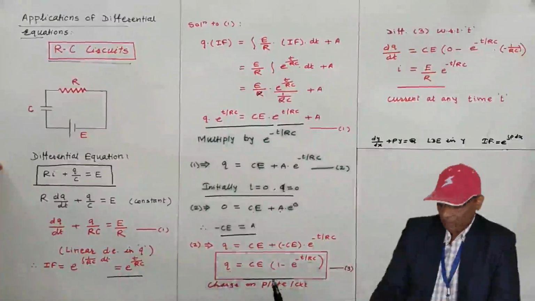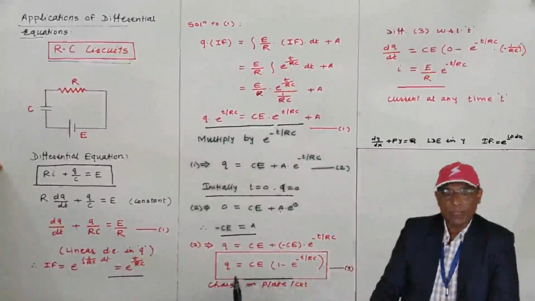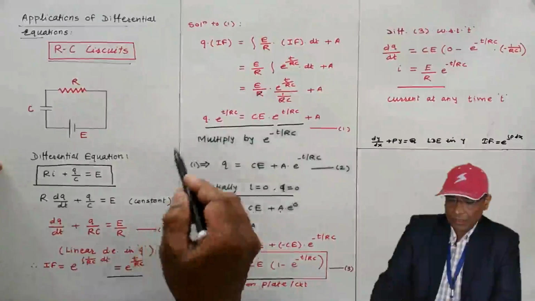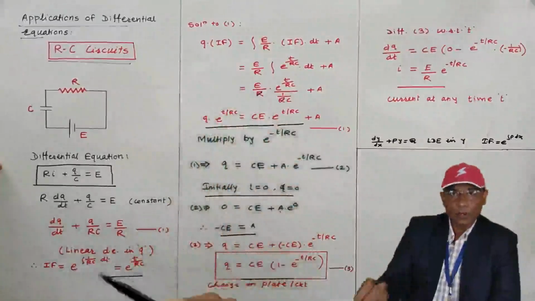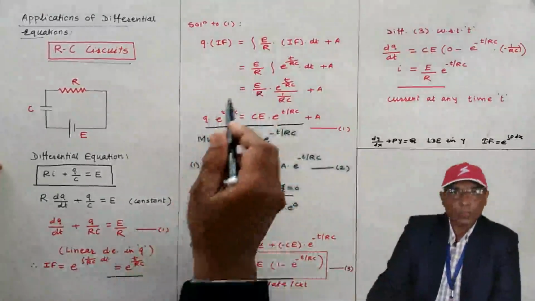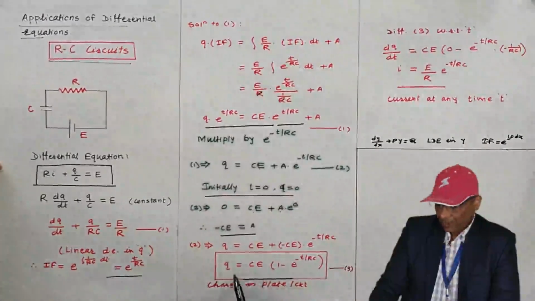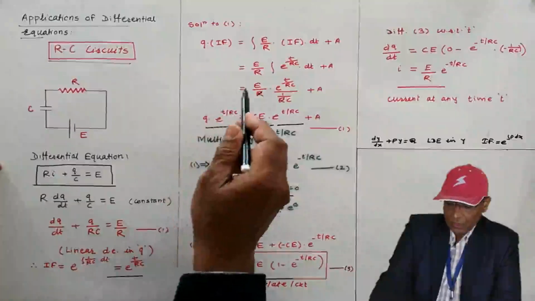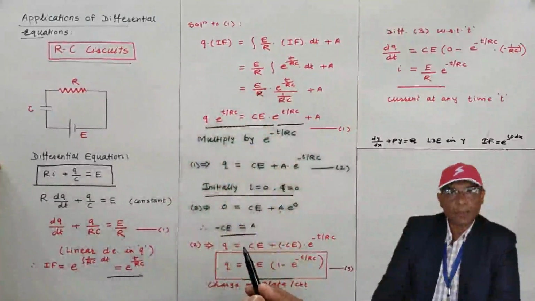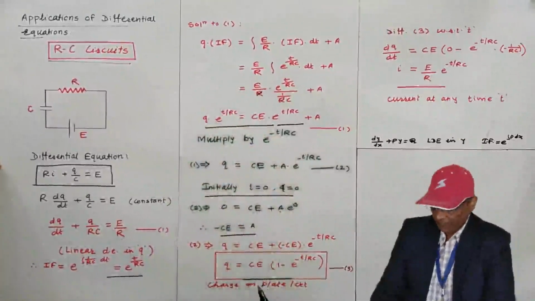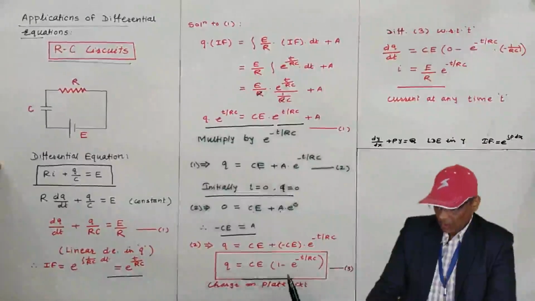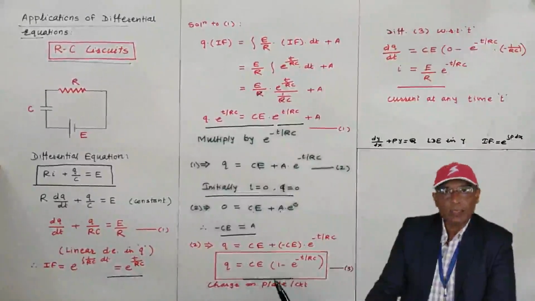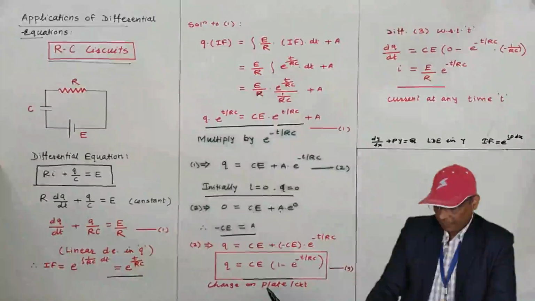Now in the next problem, I will be writing this value of Q directly. In examination, this you have to repeat. But in order to save time, this procedure I will not be repeating for each and every problem. So this value I will be writing directly. Once again I repeat, this procedure, this you have to present in the examination. Remember the Q equal to this, and if you want current in the plate or current in the circuit,